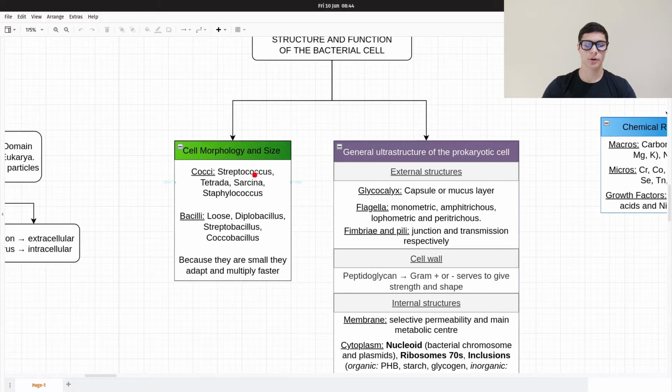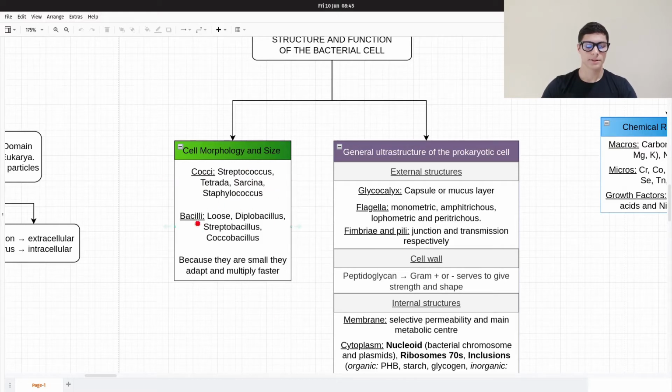And streptococcus means a lot of cocci, one bound to the other, forming a chain. Tetrada means 4 cocci in a square, in a 2D plane. Sarcina is like a cube of 8 cocci, and Staphylococcus is like a random aggregation of cocci, for example like grape